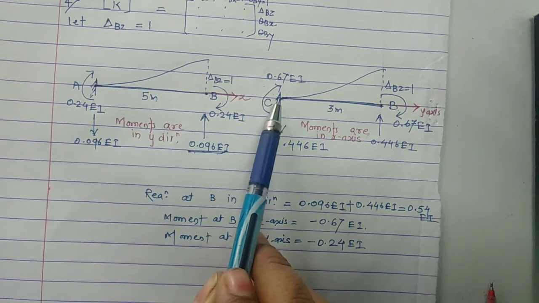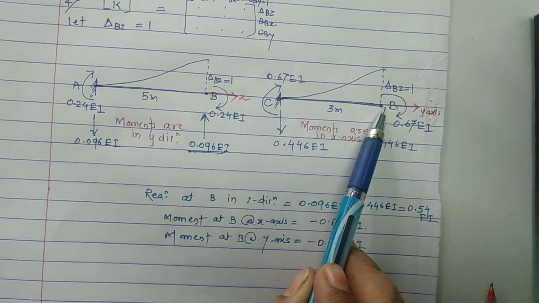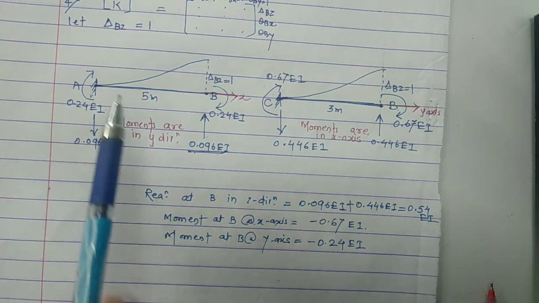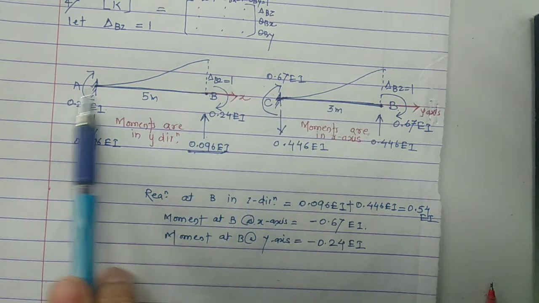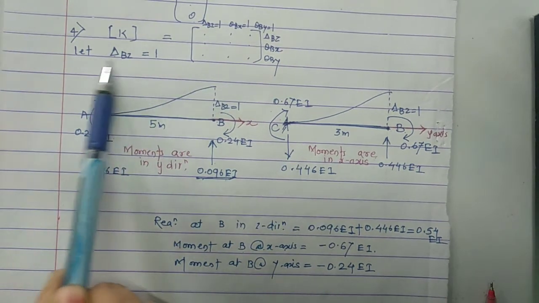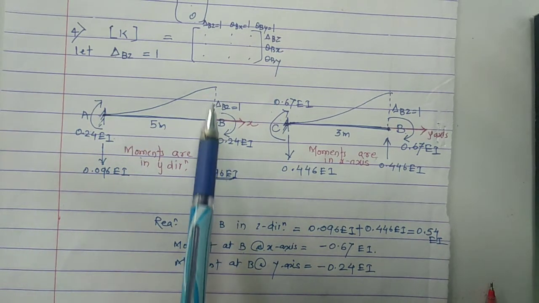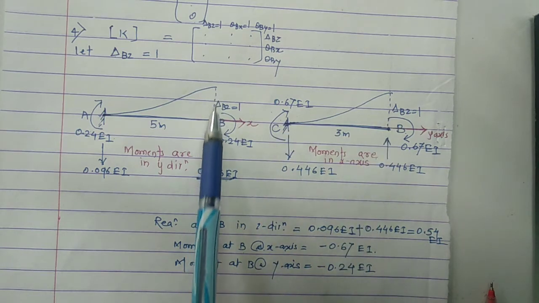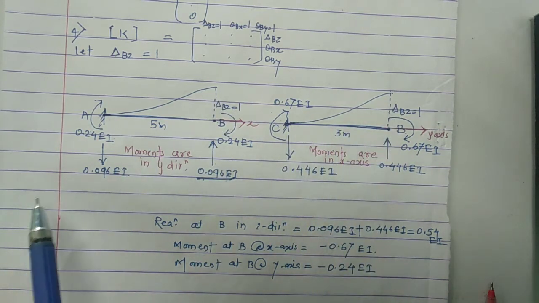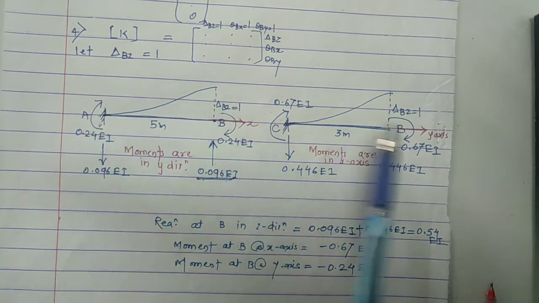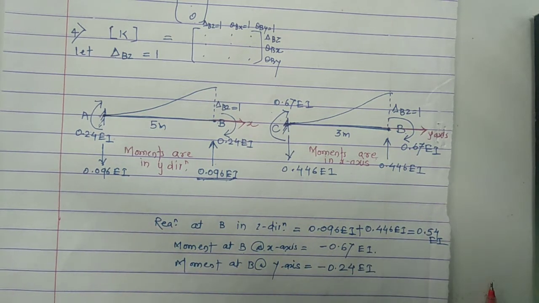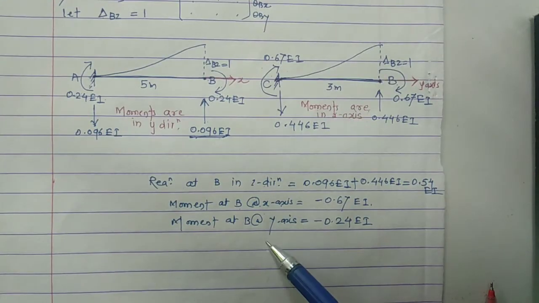Writing this A to B, C to B depends upon the direction of the observer. Perpendicular direction should approach the observer. According to that, we have drawn these A to B and C to B members. After that, we have applied this delta BZ equal to 1 in positive direction. So at B point for both members, show the upward deflection, show the curvature. Calculate these moments, 6EI upon L square according to length. Calculate associated reaction. And then write down these 3 points.